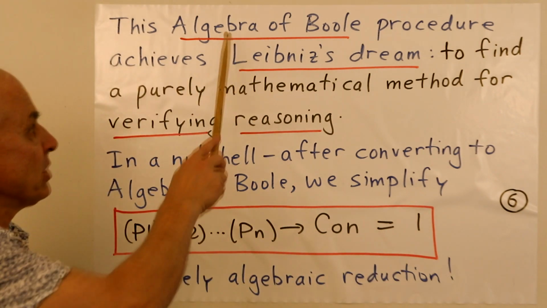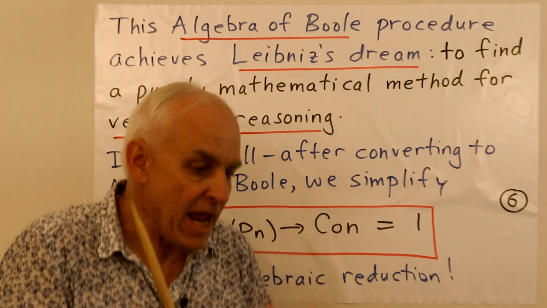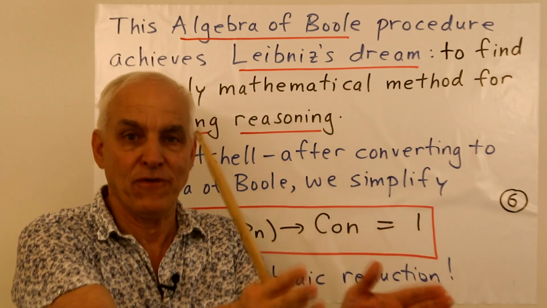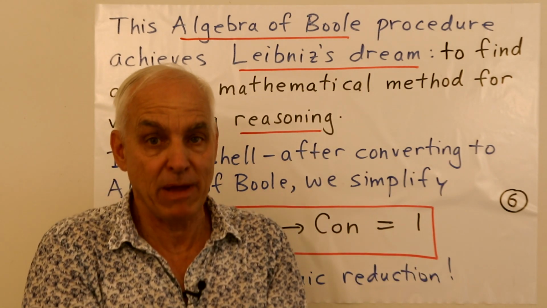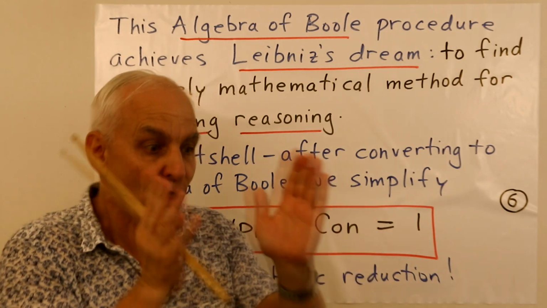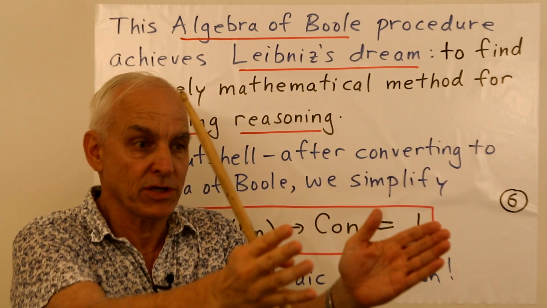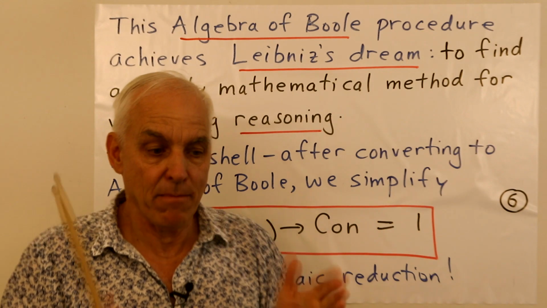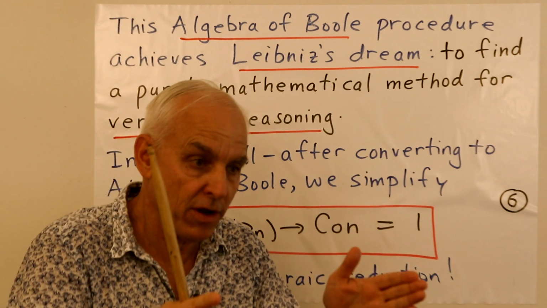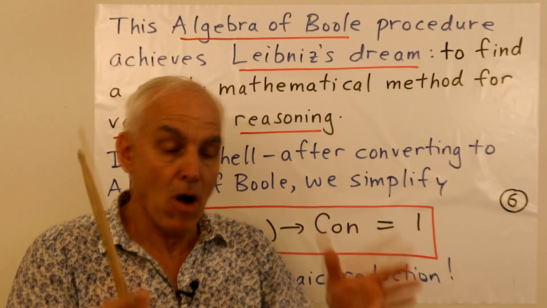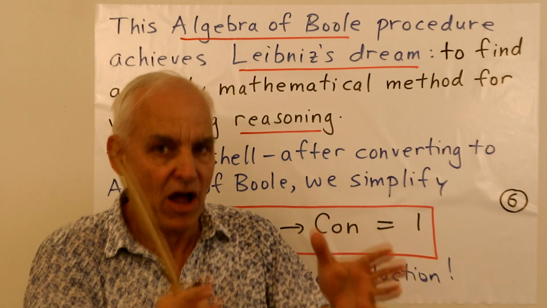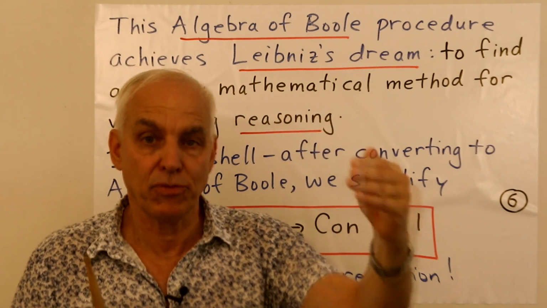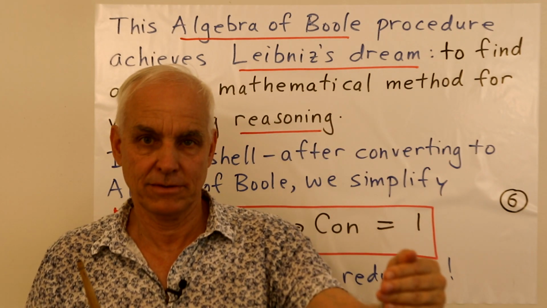And of course, what we're doing is we're using the algebra of Boole. We're taking the orientation that George Boole laid out for us in really his first paper on the subject. Okay, he said, this is the way that we move forward in the direction of Leibniz's dream, of providing a mathematical framework for modeling philosophical logic problems and then being able to solve them in this purely mathematical context.